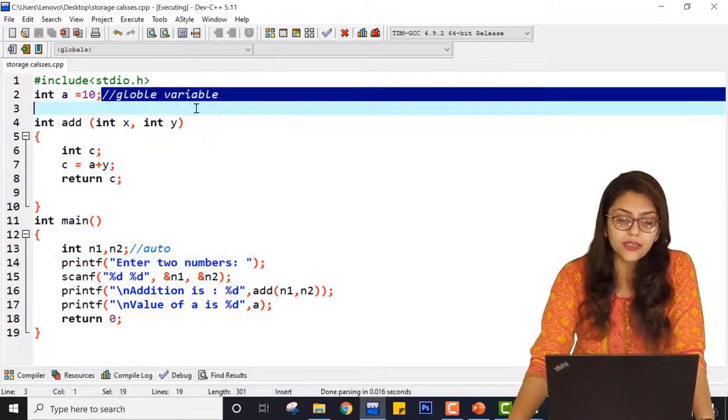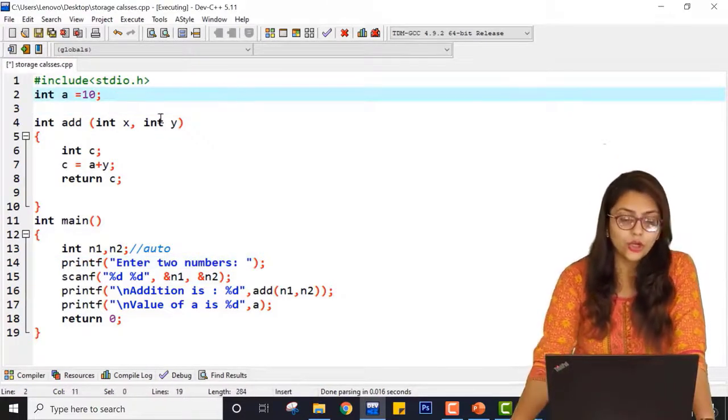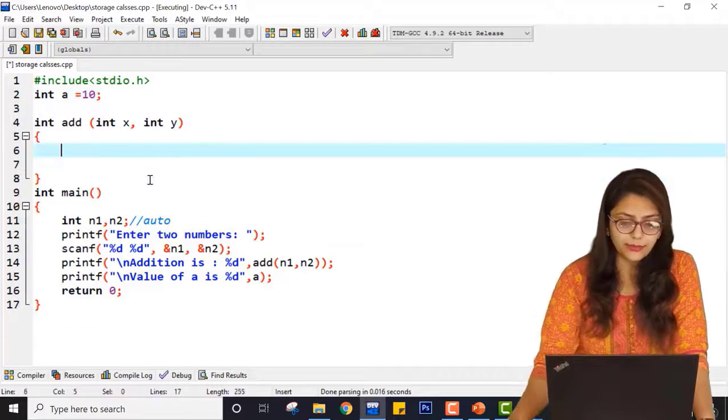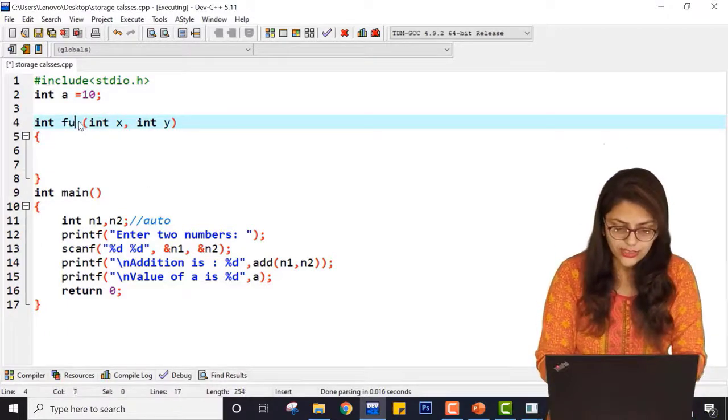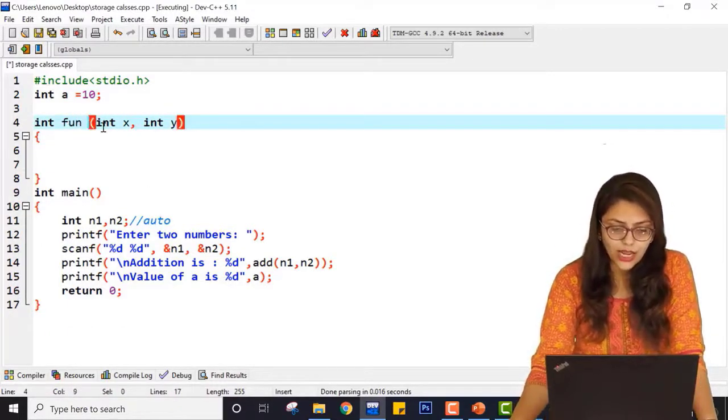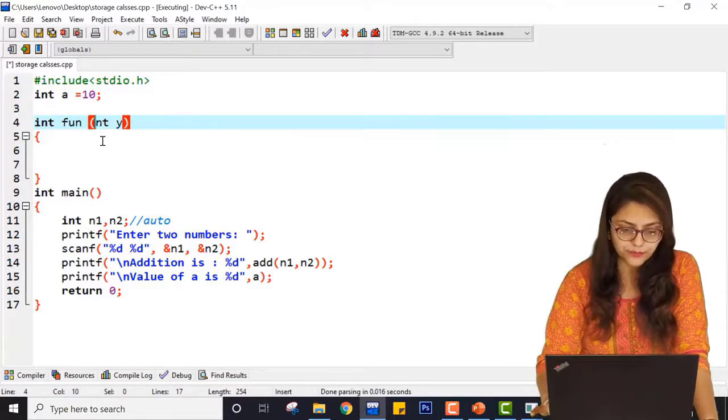Now what is the difference between this and a static variable, right? To understand static, I am taking one function, say fun. It is not having any kind of arguments.